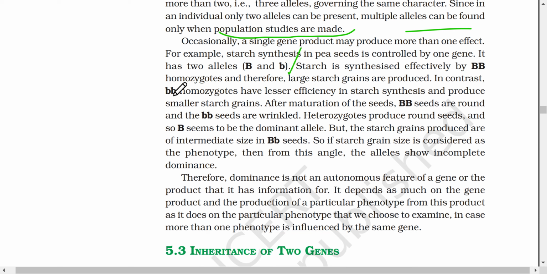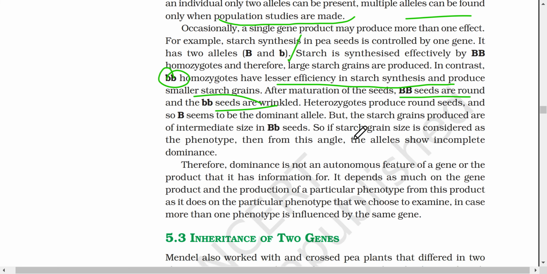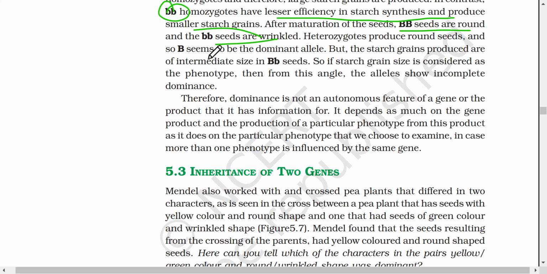In contrast, ये हमारे recessive है. They have lesser efficiency in starch synthesis and produce smaller starch grains. After maturation of the seeds, these seeds are round and these are wrinkled. ये सिमिलरली आपको सिंपली दिखा रहा है डोमिनेंट कौन था, रिसेसिव कौन था, स्टार्च ज्यादा प्रोड्यूस होगा, कम प्रोड्यूस होगा. Heterozygotes produce round seeds and so B seems to be the dominant allele,